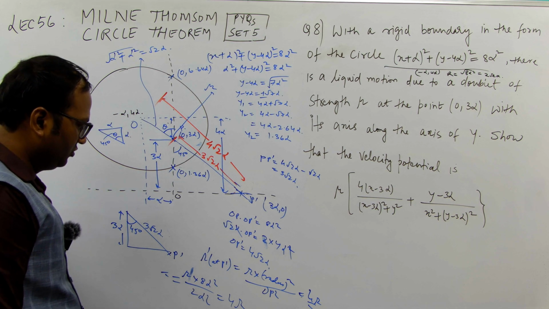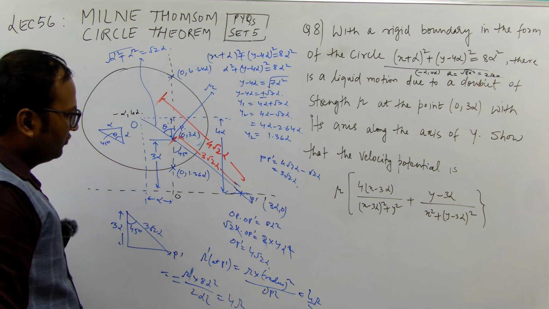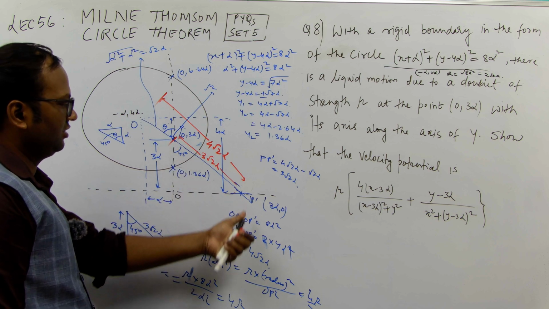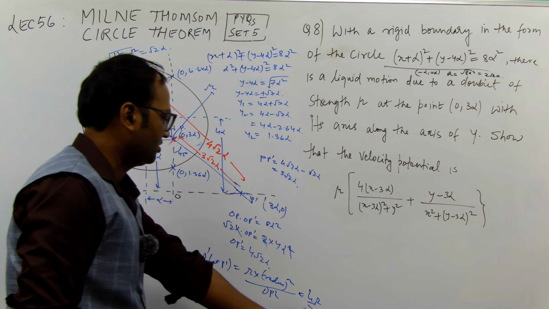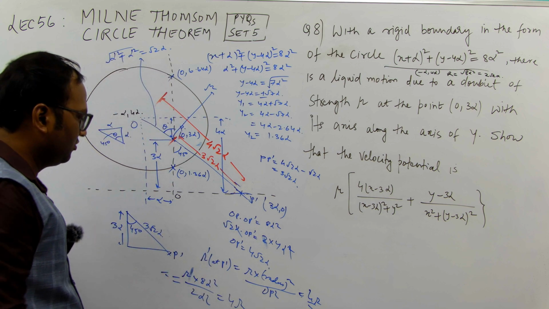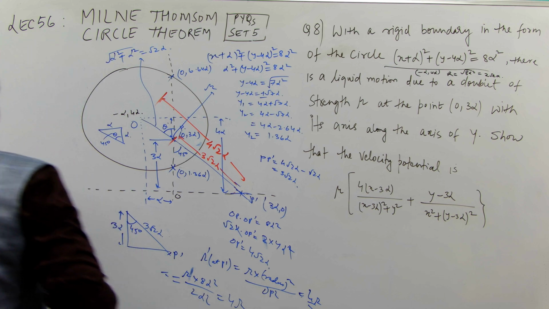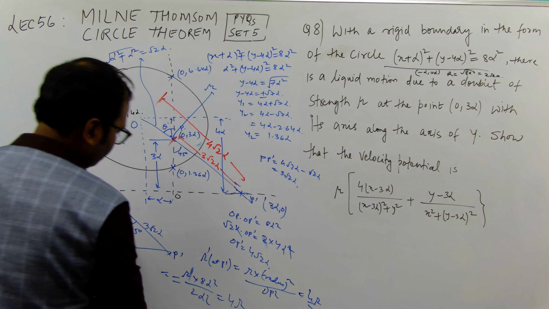Okay, so we are having a doublet at P and doublet at P dash, that is image of this, and P dash ka strength is 4 mu. So let us write down the equation of the complex potential. Okay, so we have the complex potential as